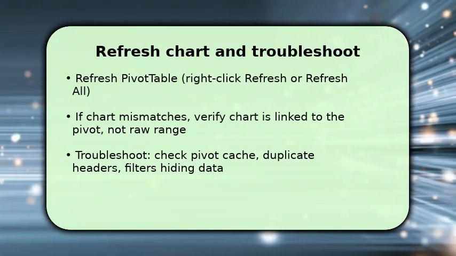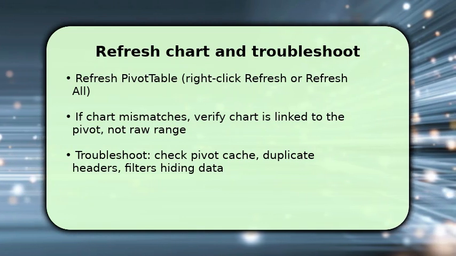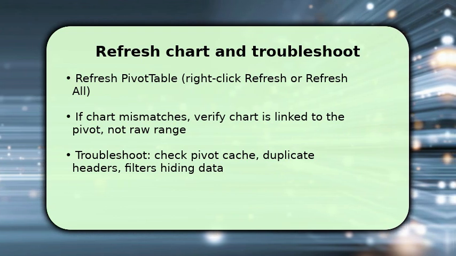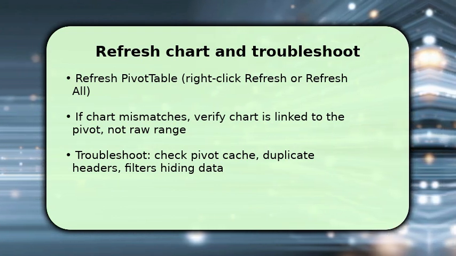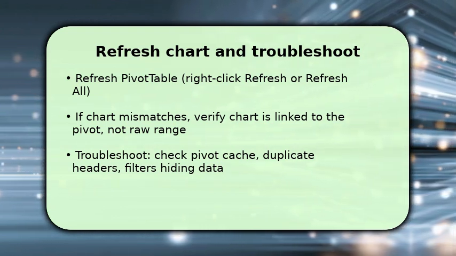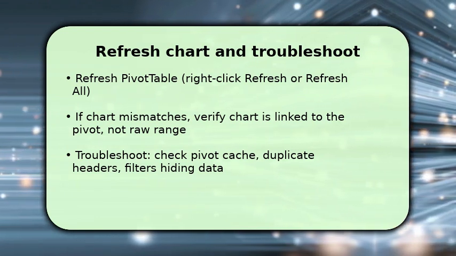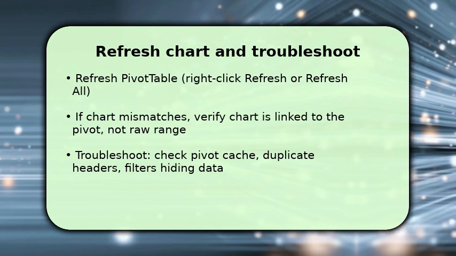You finish by refreshing the pivot table and confirming the chart updated. Right-click the pivot and pick Refresh or use Refresh All. Make sure the chart is linked to the pivot, not to a static range. If the chart looks wrong, check filters and slicers that might hide data, inspect the pivot cache for stale items,